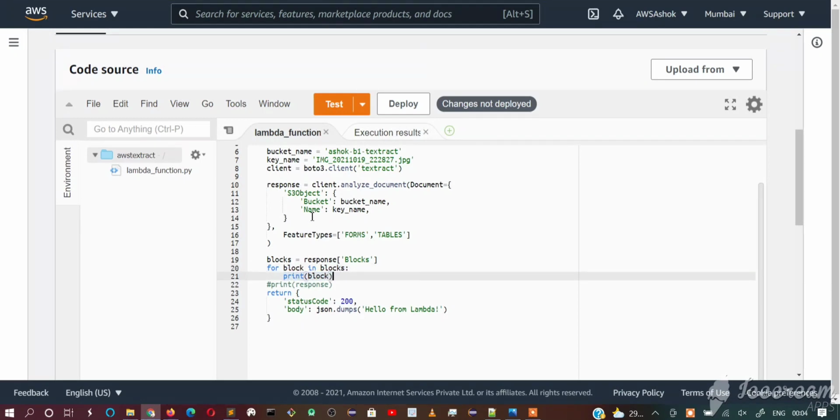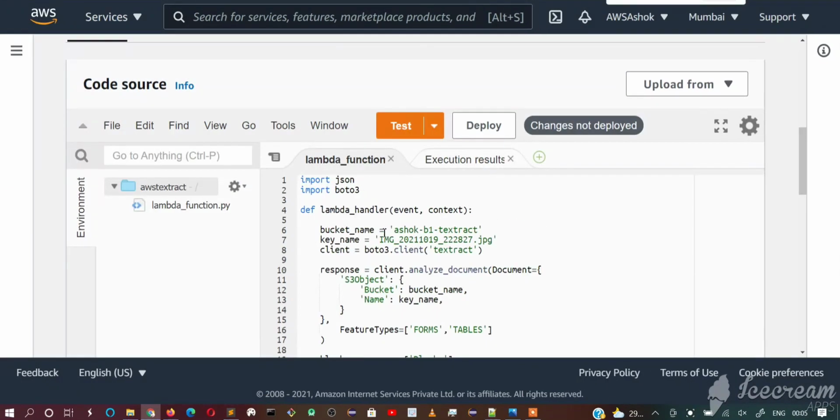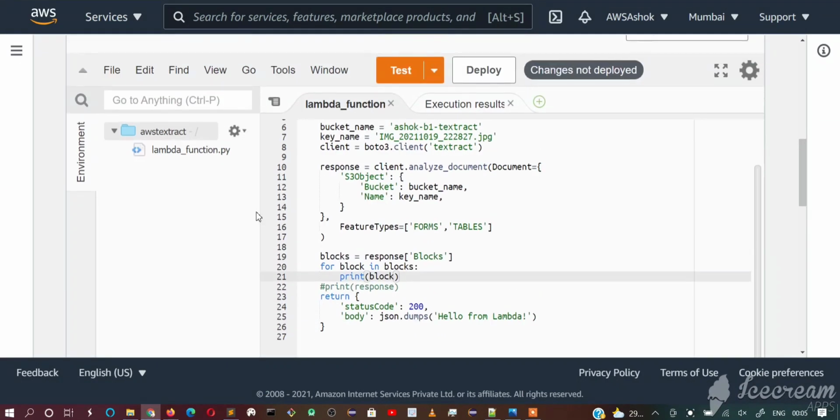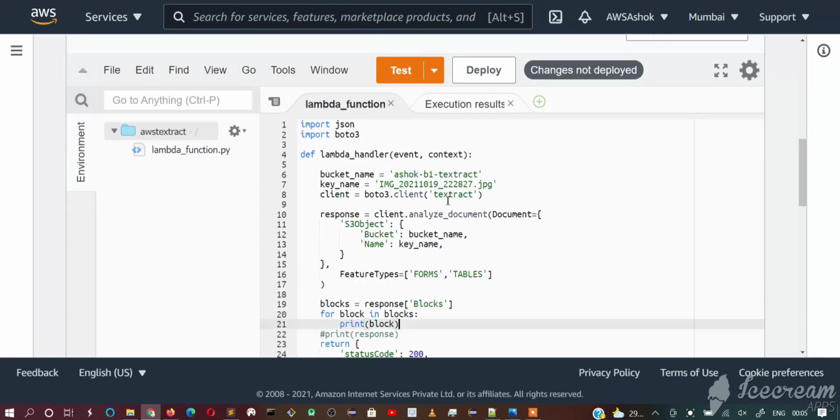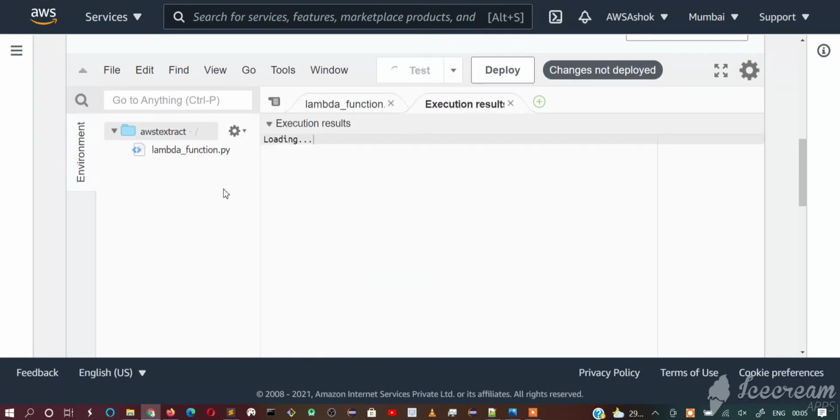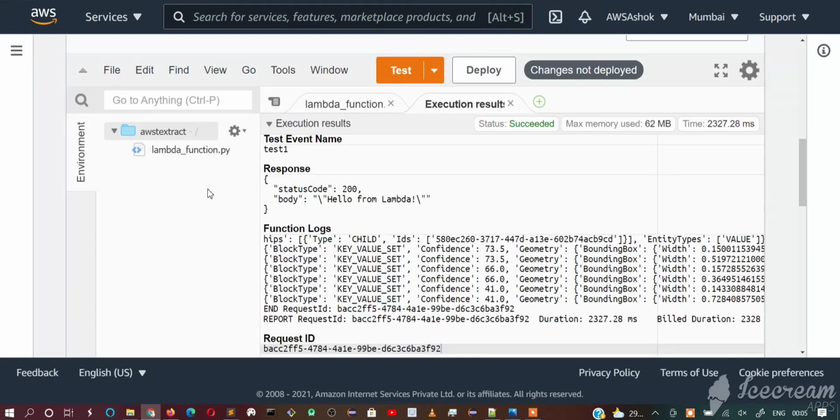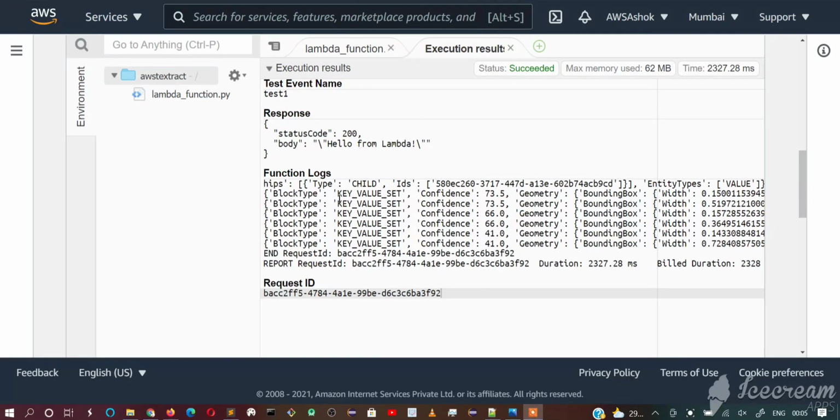Let's execute this Lambda function Python code and check the response. Just click on test. Here you can see all the blocks are printed.